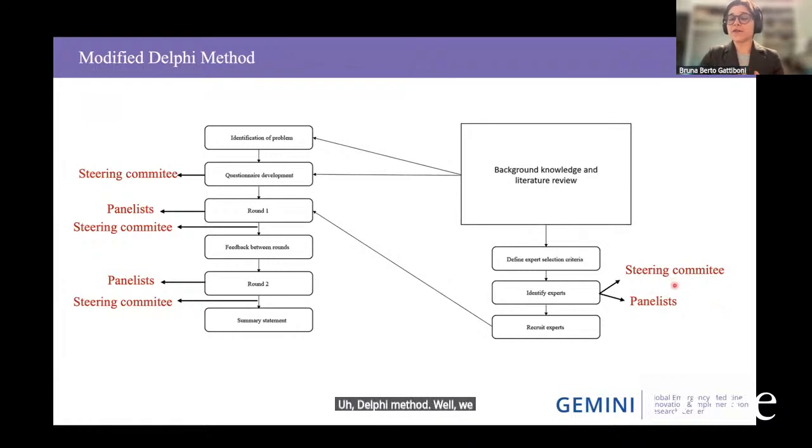Well, we have two groups of specialists. We have the steering committee, built with our Duke experts, a group of five specialists, and we have our finalists. The finalists are a group of specialists that will